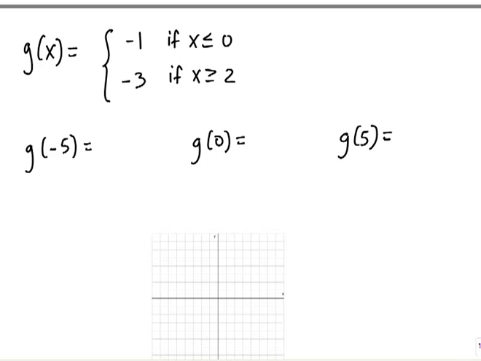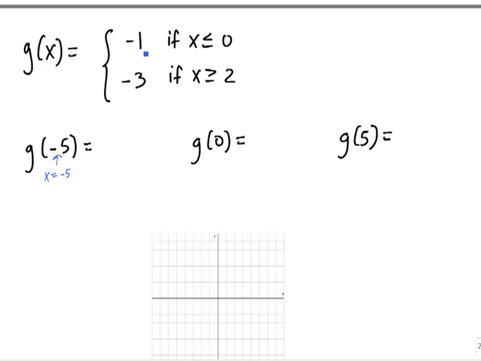So if I want g of negative 5, then that means the x value is supposed to be negative 5. So which of these two domains here does that fall into? We've got x is less than or equal to 0 for the top rule, and x is greater than or equal to 2 for the bottom rule. Well, since negative 5 is less than 0, that means we want this top domain, which means we want to